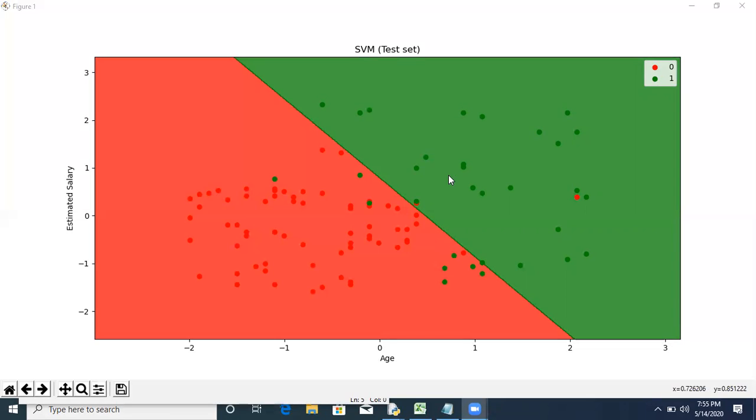So this is used for prediction purpose. If you want to add a new person having some age and some estimated salary to your data set, your model can predict whether that person will purchase the product or not. And this is the decision boundary, the middle line. Now this data is linearly separable. That's why we have used the linear kernel in the algorithm. When your data is non-linearly separable, in that case, you have to use Gaussian as a kernel.